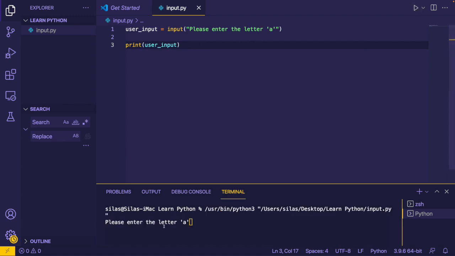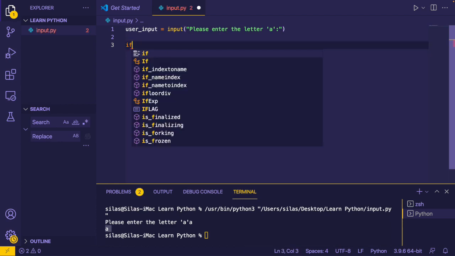So if we run it, it says please enter the letter A, boom, we put that in, and then it prints A. So this is very useful, of course, as you can see, because now we're able to get input from the user. So now, in the last lesson, we learned about if and else statements, so now we can